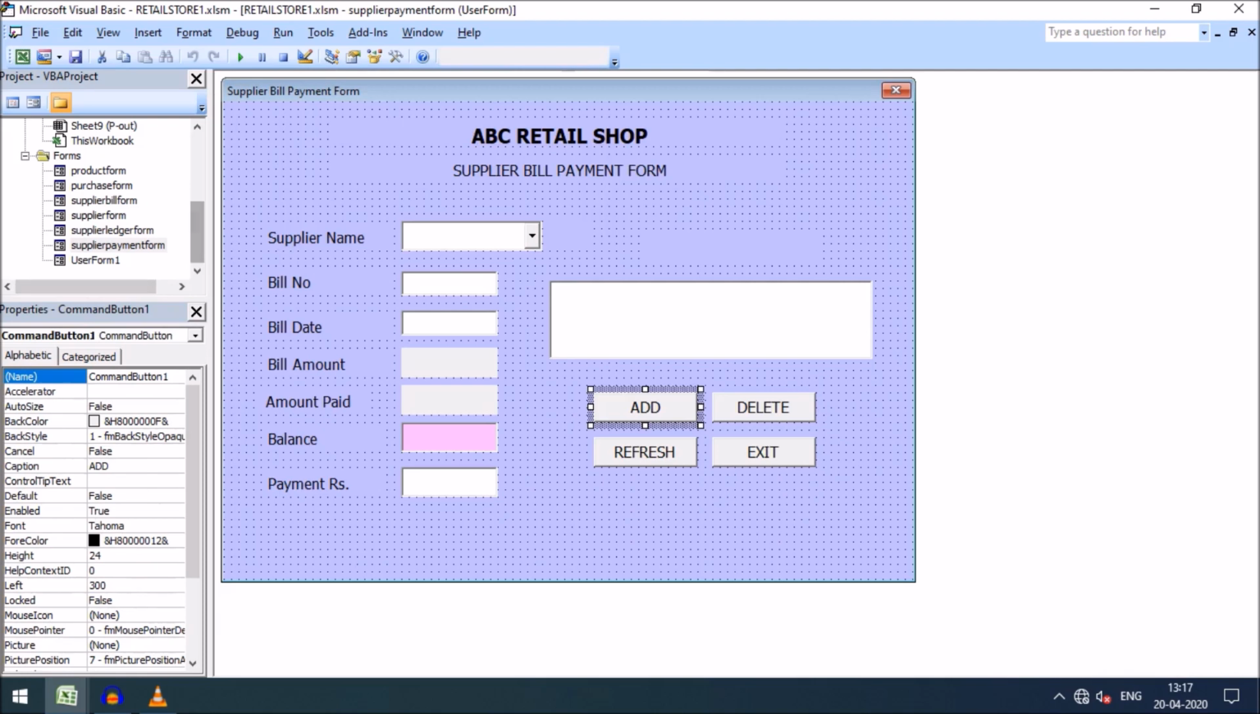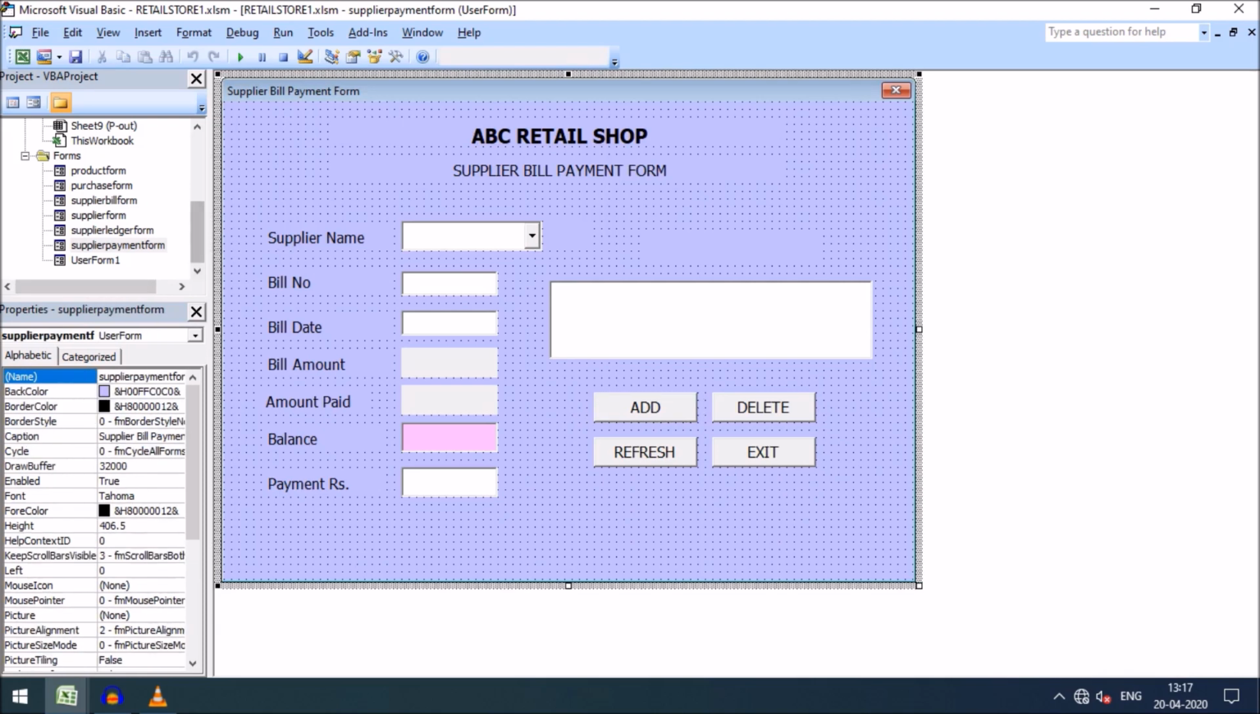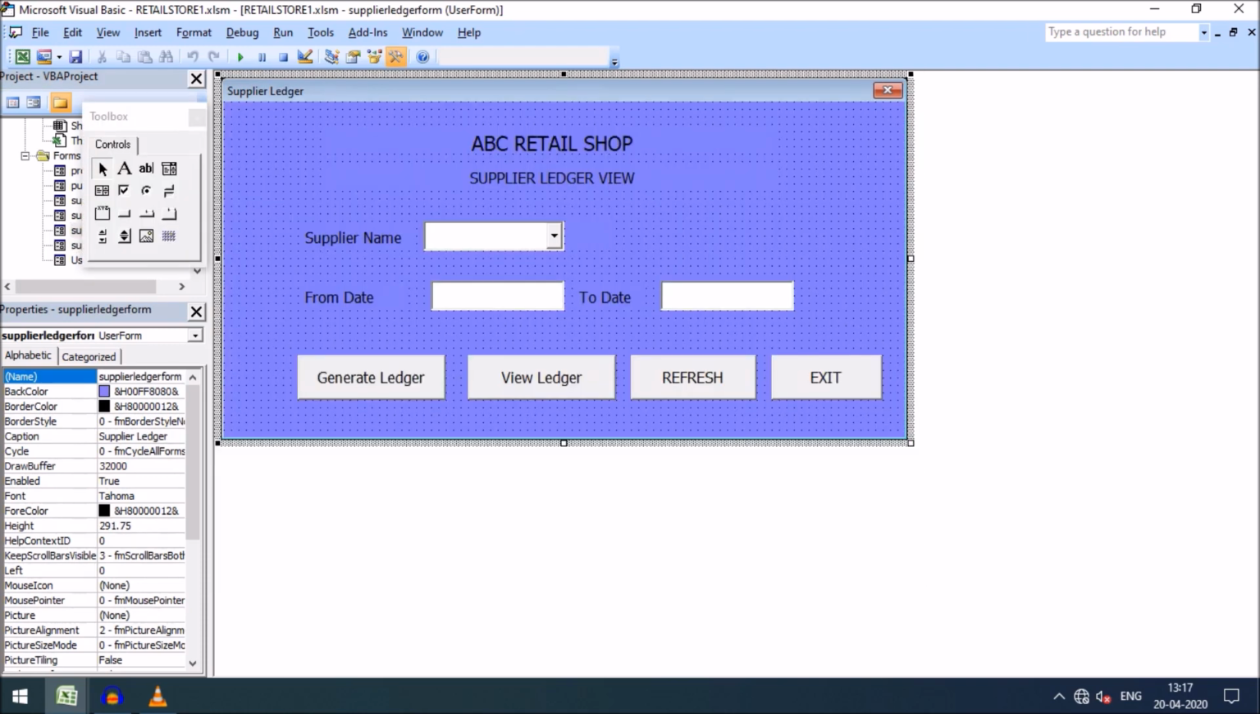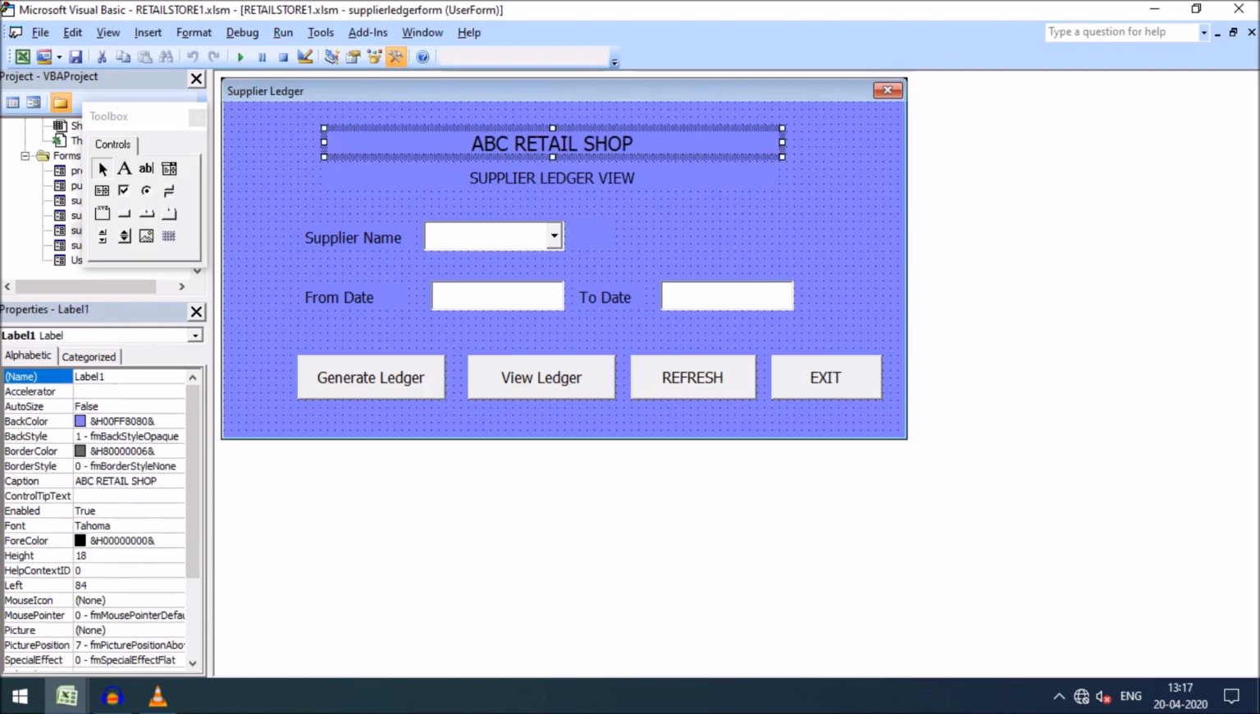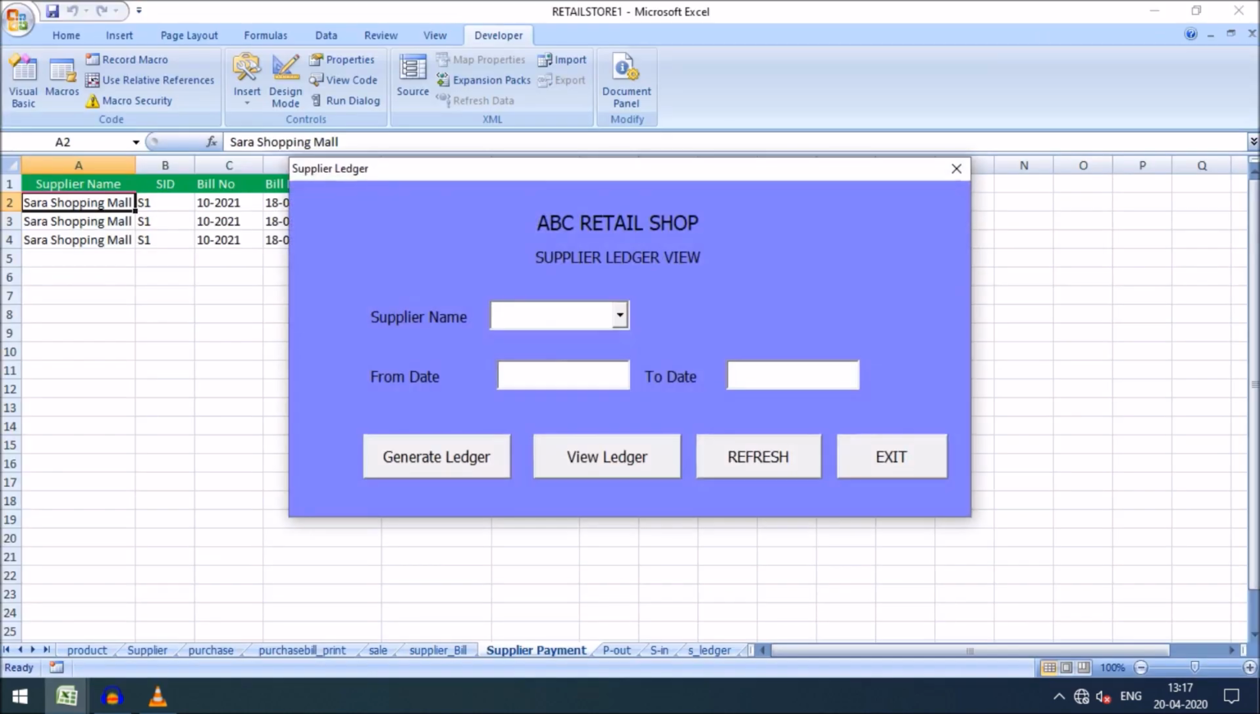And then I am moving to my next step, that is how to view a supplier ledger form. Now here I want to view the ledger of the supplier. I have created this form like this, and if I click on this supplier and want to know the total amount of the bill and the paid amount, we can